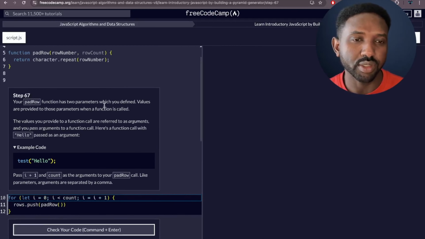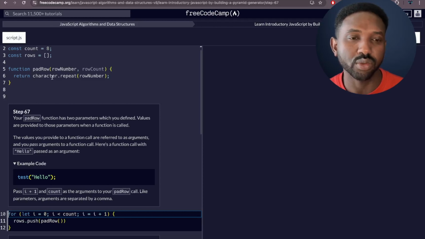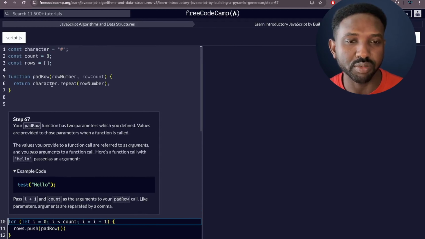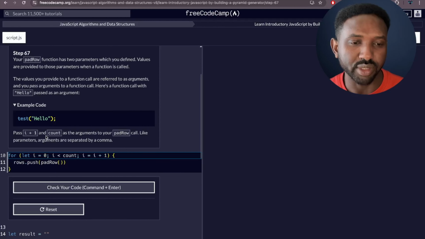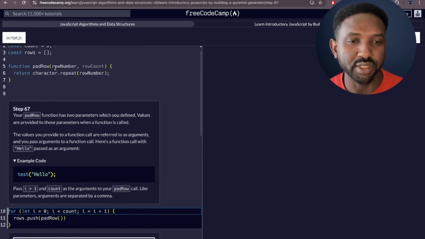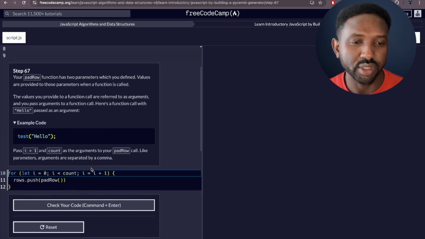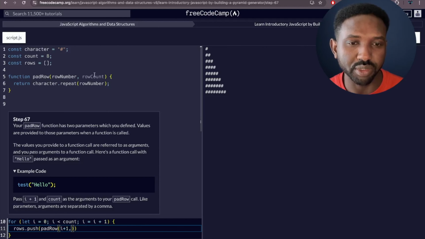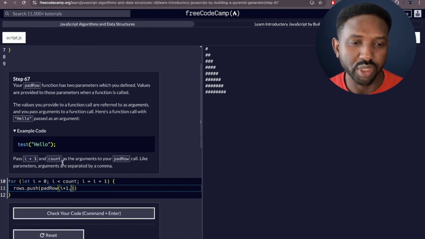And in this challenge as well, if you remember, we declared this function called bad row. We pass two parameters, and we called this function here inside this for loop, but we did not pass any argument to be displayed here to be used as a parameter. So this is still undefined, and instead of that it is asking us to pass, instead of the first parameter, row number, that's supposed to be i+1, and then add a comma for the second argument or second parameter value here, this row count. We can pass count,